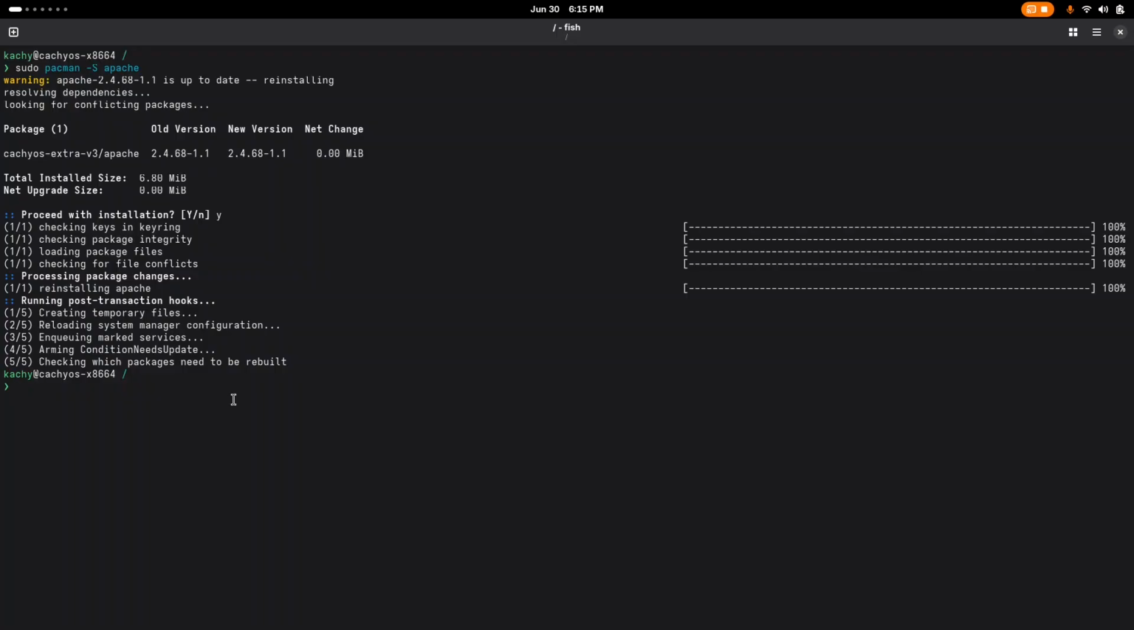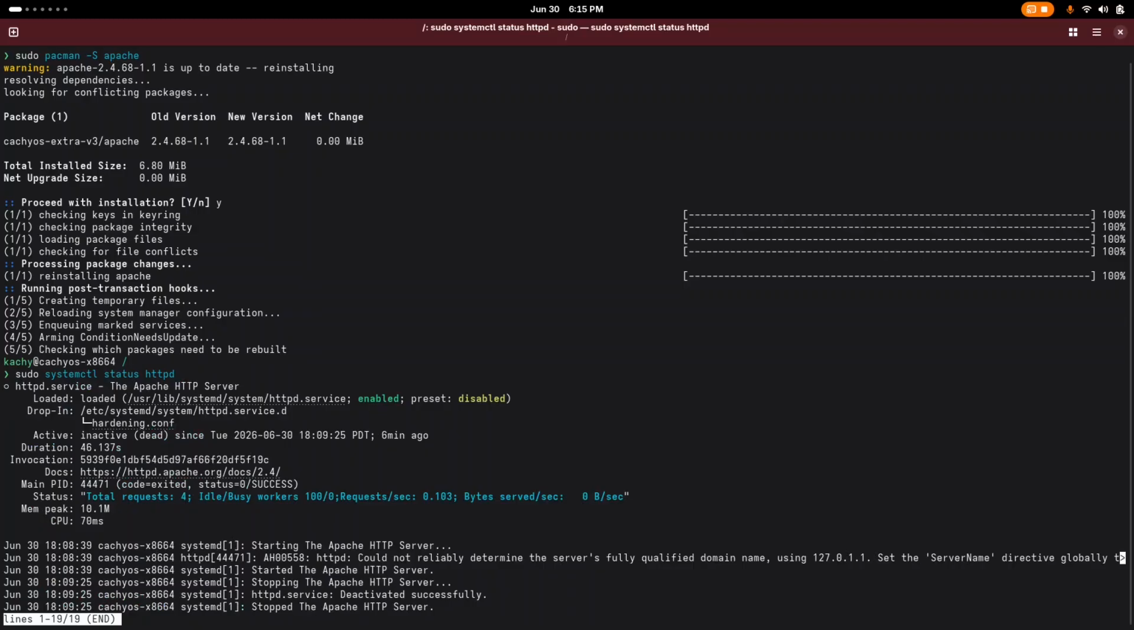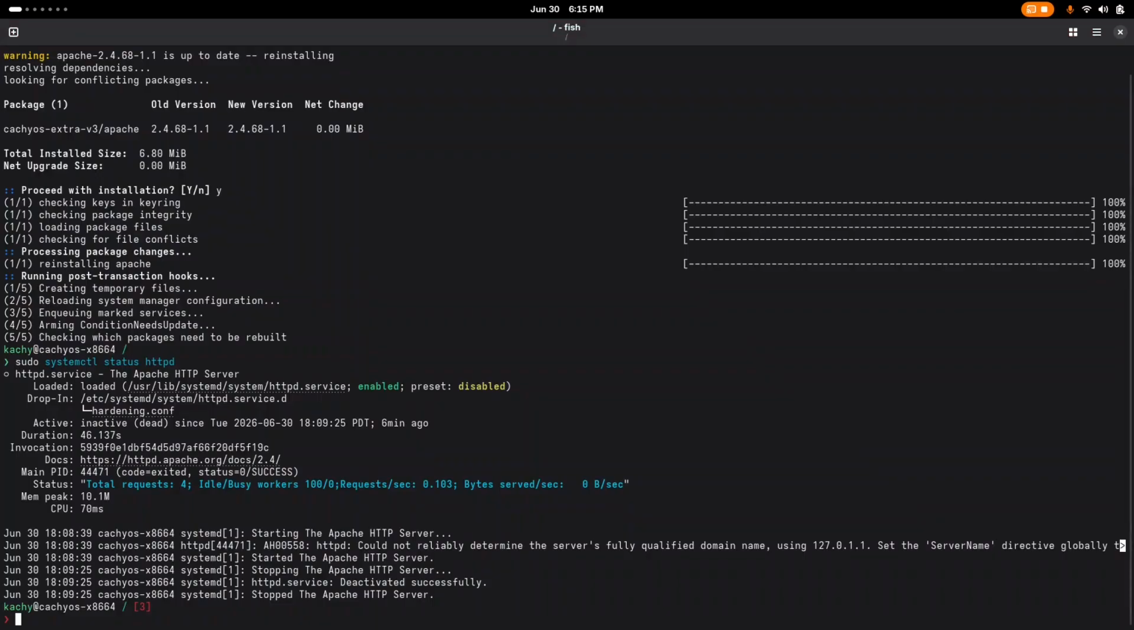So if you go to sudo systemctl status httpd, you can see it's enabled, but it's inactive, so it's not working. So let's activate it. We're going to type sudo systemctl